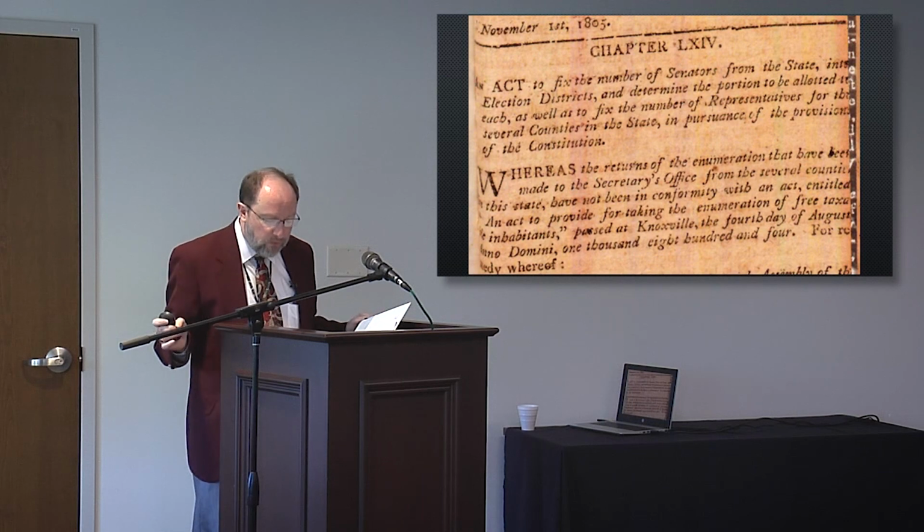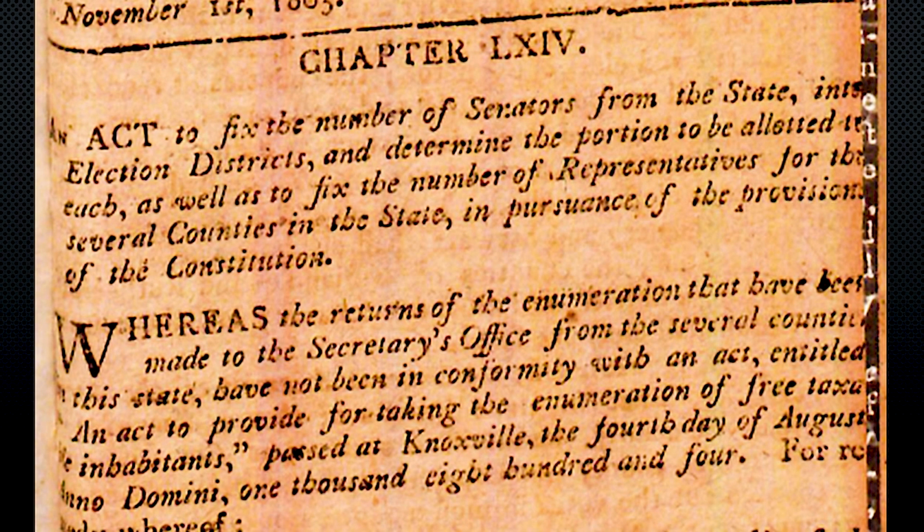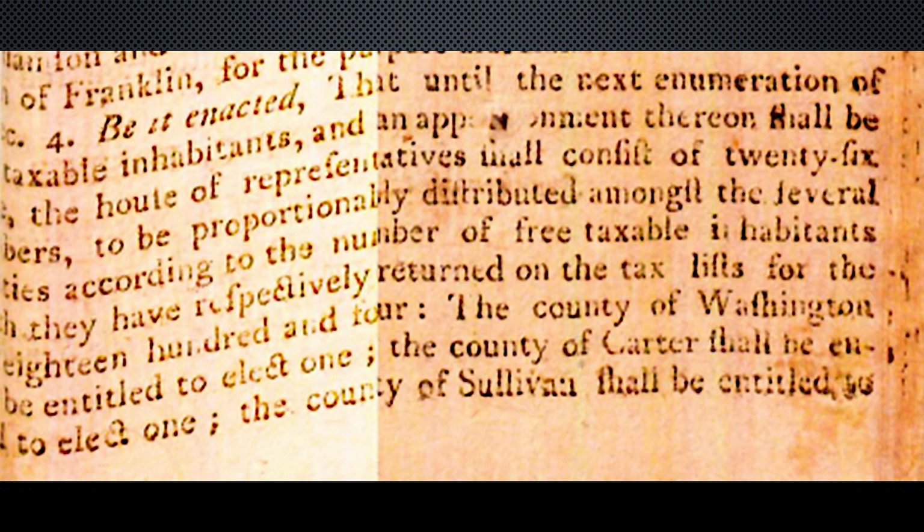So in 1805, the 6th General Assembly of the state of Tennessee had to again redistrict the state and set the number of members for the next General Assembly, which would convene in September 1807. And they set the Senate for the next General Assembly at 13 senators, divided among the now 25 counties of the state, and the number of members of the House at 26 representatives. And those numbers, 13 senators, 26 representatives for a 39-member General Assembly, lasted until the next redistricting 6 years later